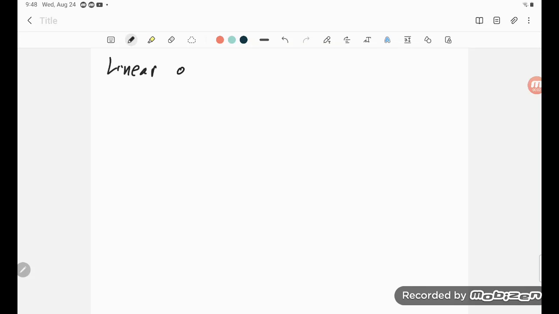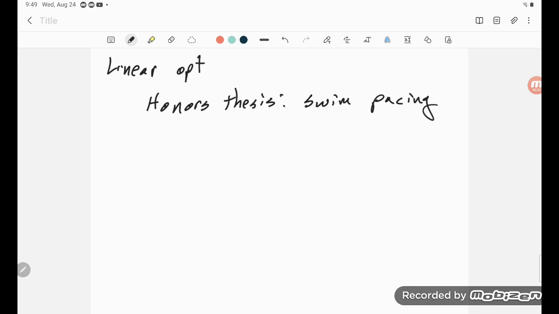Optimization again. And we've already heard of this problem under the interpolation. It was, again, I don't think I mentioned it there. But once again, this was an honors thesis, and this was the swim pacing. And what happened, you see, is, again, with the interpolation, we were able to turn things into algebraic situations, and